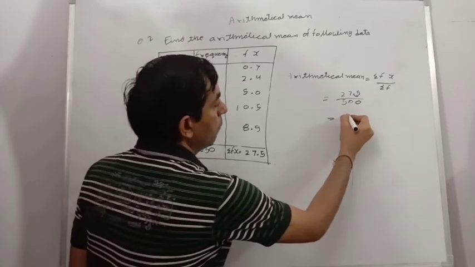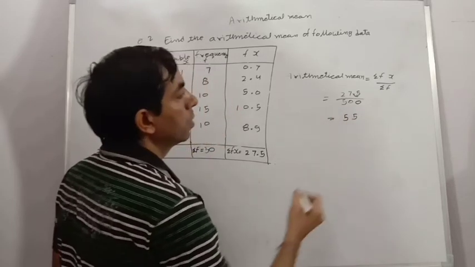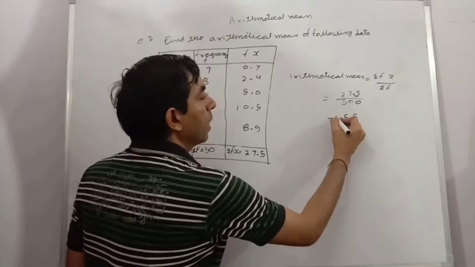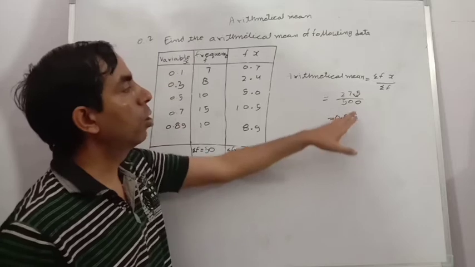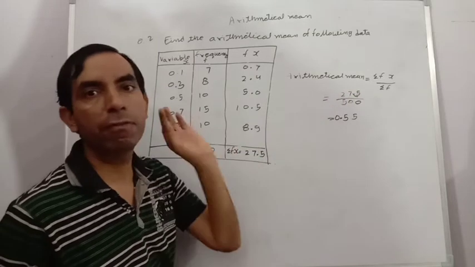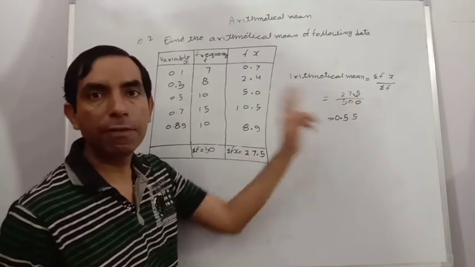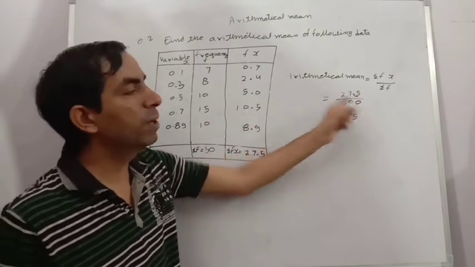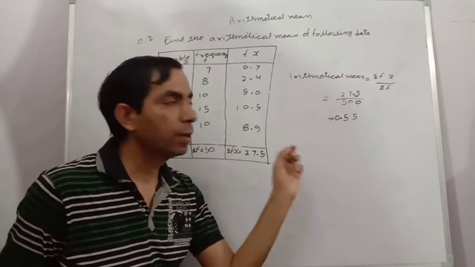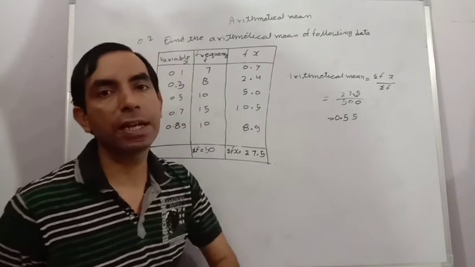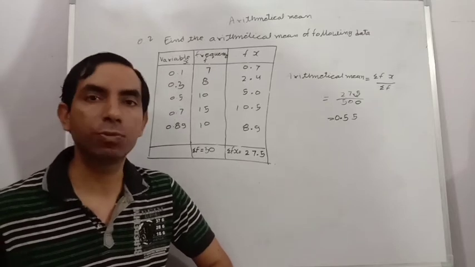Then divide it. 5 5s are 25. So 0.55. Here you see that I first divide 275 by 5. Then we get 5 5s are 25, 5. Again 5 5s are 25. 55 is the answer. And in the denominator we have 2 zeros, so I write the decimal after 2 digits. By this method we can easily calculate the arithmetical mean in any ungrouped frequency distribution table.